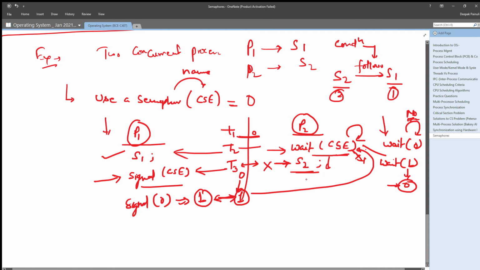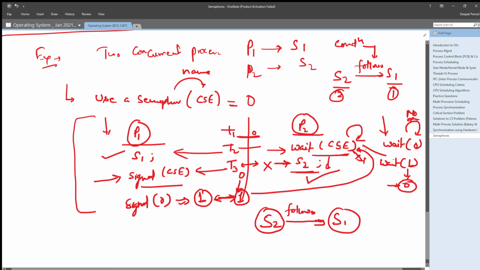That means P2 can execute S2. Now if you do the analysis, you may find that your condition is fulfilled and S2 follows S1 at any order in time, right? So according to your question, this condition must be followed, and this condition is followed using your code. You have just made a single change to your code of the processes, and a correct change to the code of the processes. That's why this is happening, right?